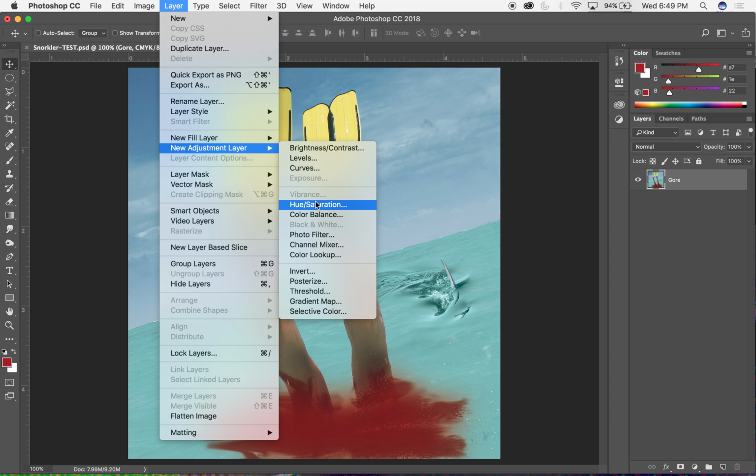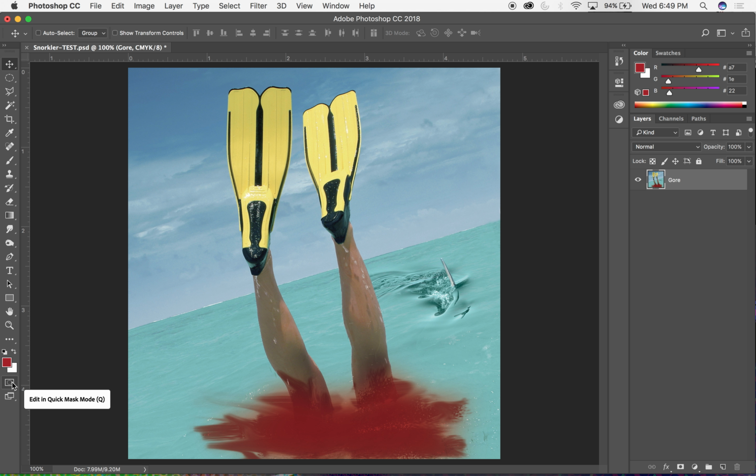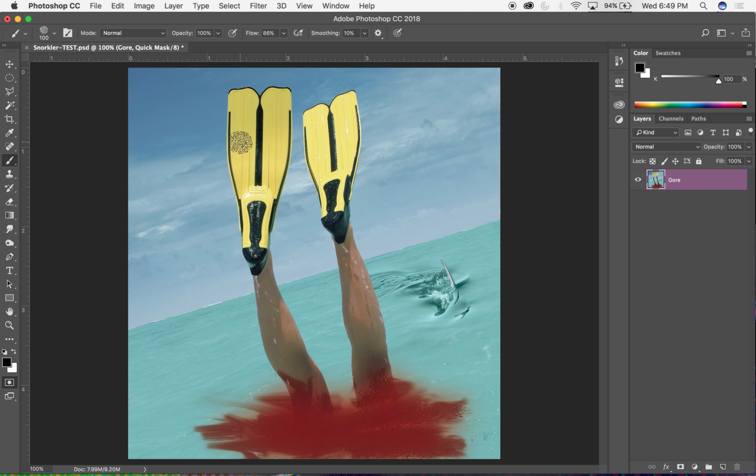So you can still select an object on your canvas. So I'm going to start with that. I'm going to go into my quick mask mode and select a brush,